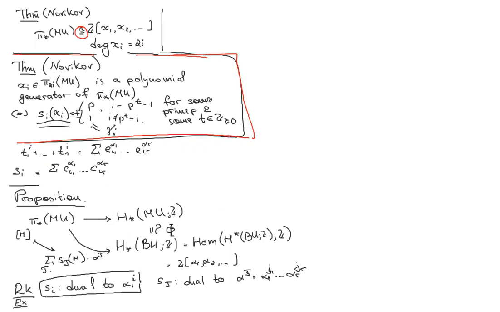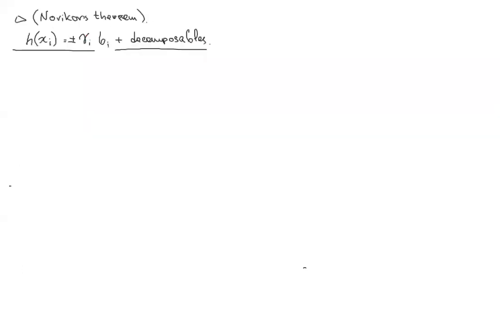Yes, and in which direction do we go first? Well, we go in both directions at the same time, you will see anyway. So we want to prove that x_i is a polynomial generator if and only if the following holds. So okay, this is just a reformulation of